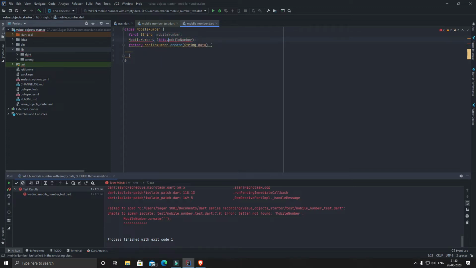We should not be exposing it unless it's really required. So let me rename this to mobile number,